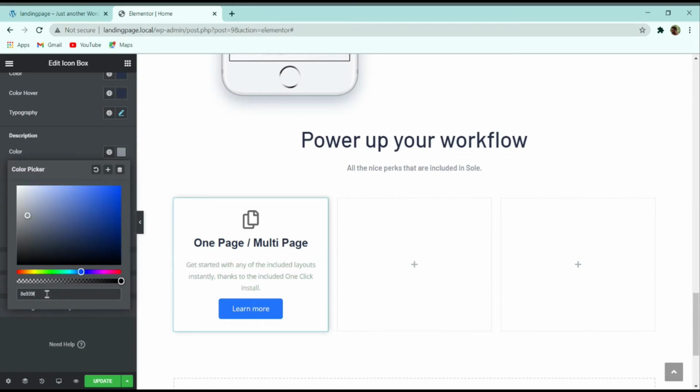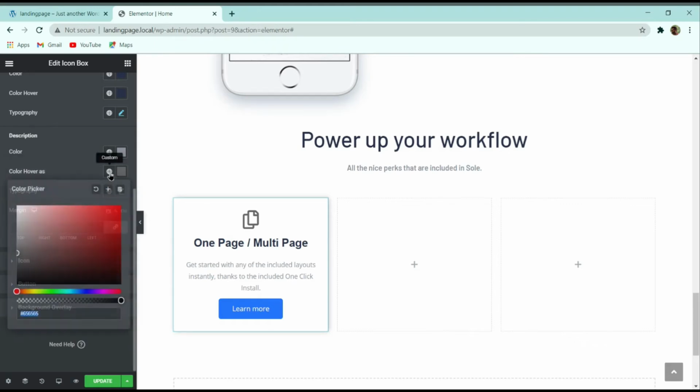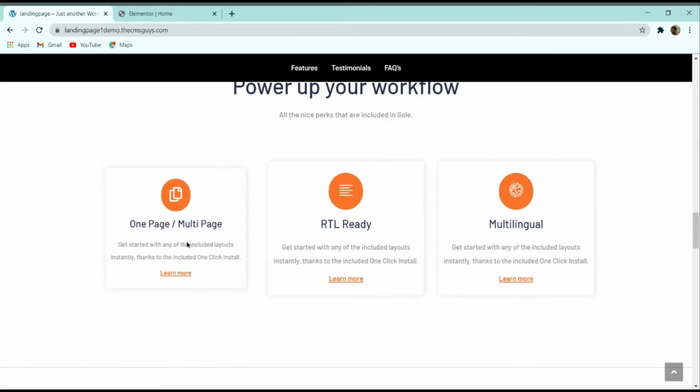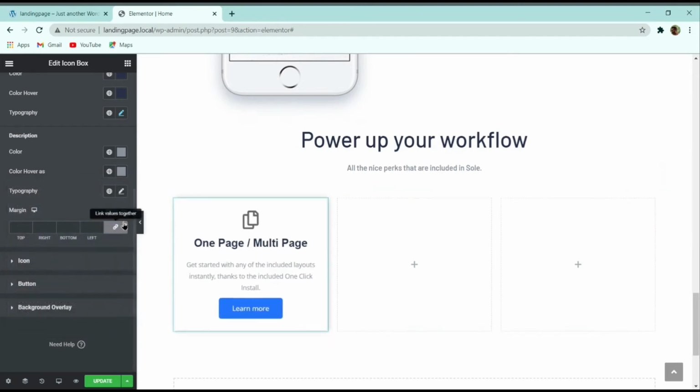So for it again I can copy it, and then I will paste it in this hover part also, because here you can see that when we are hovering over it, there is no change in color of the title or the description. So I have changed the color for the hover also.